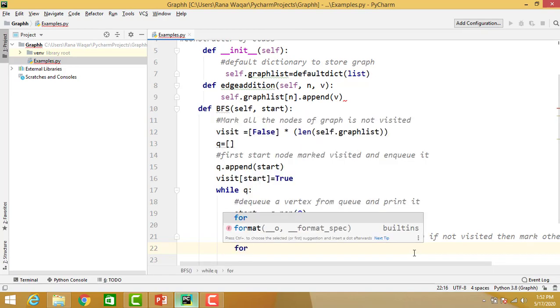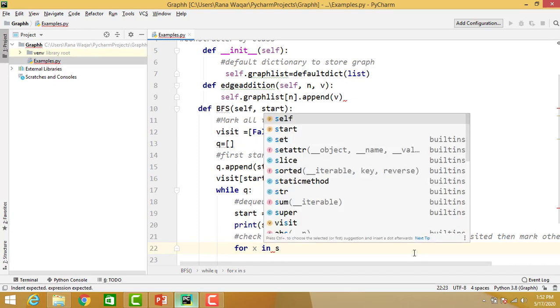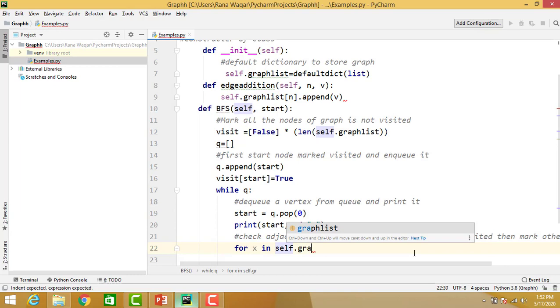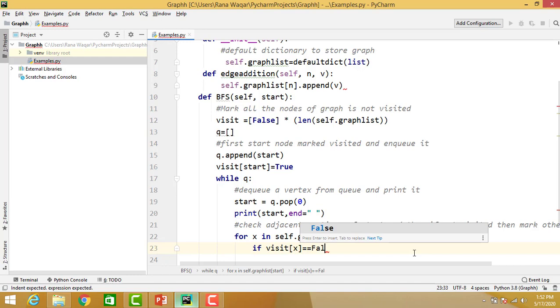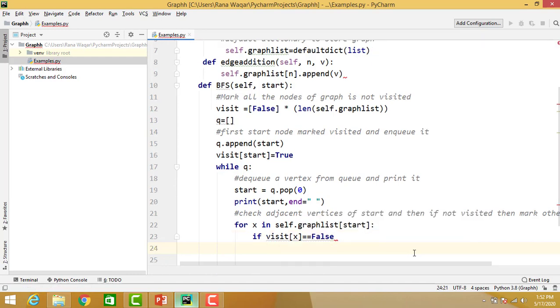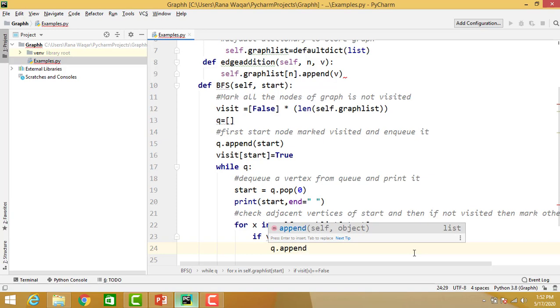For loop, used for checking vertices x in self dot graph list of start.